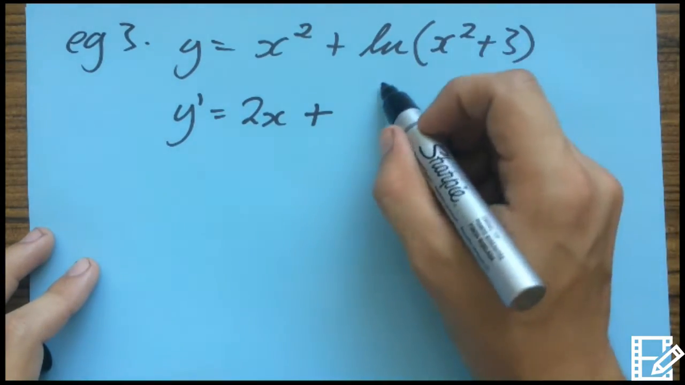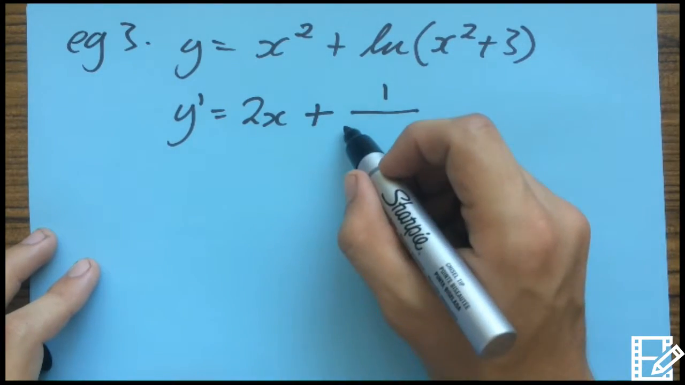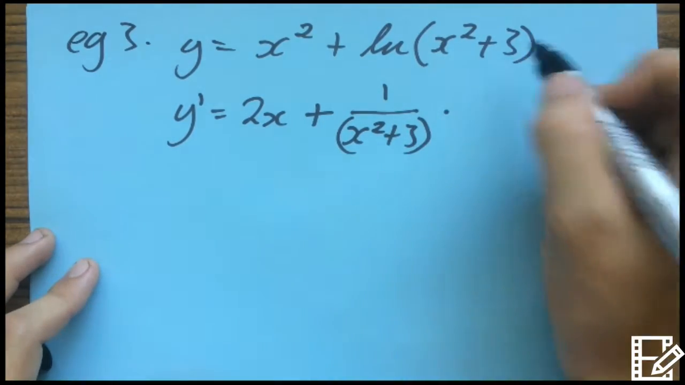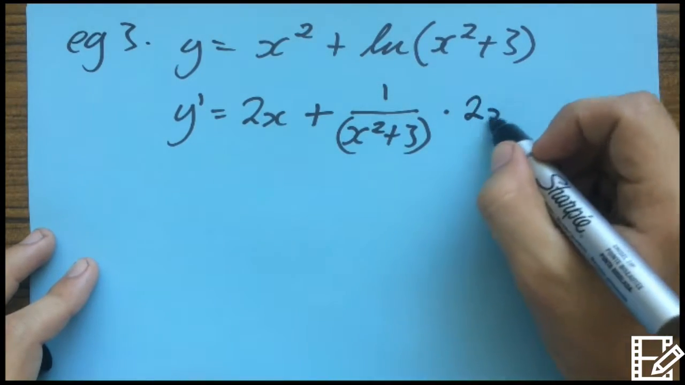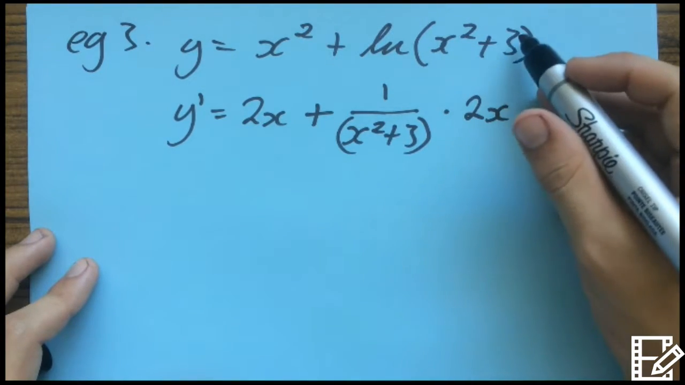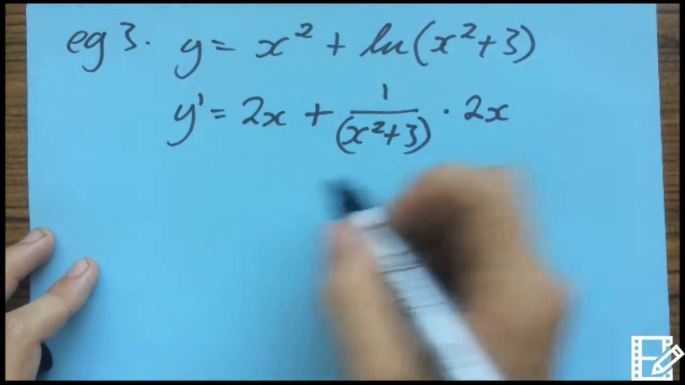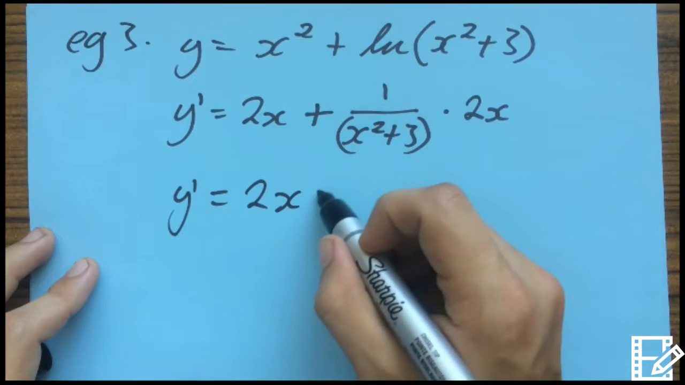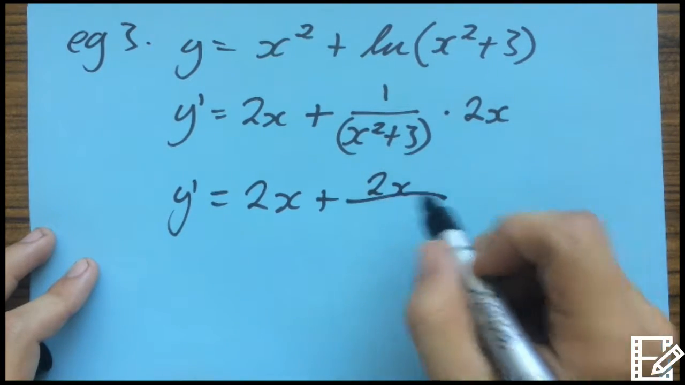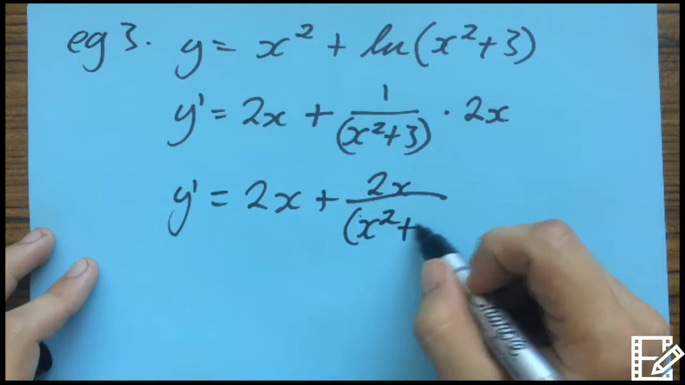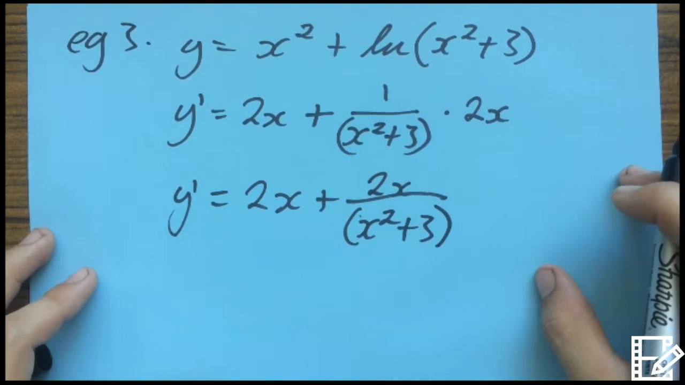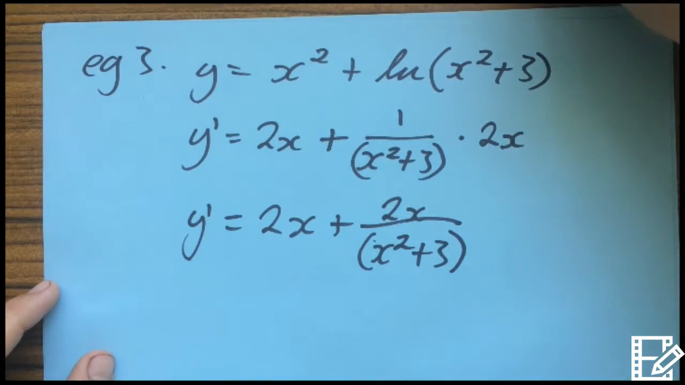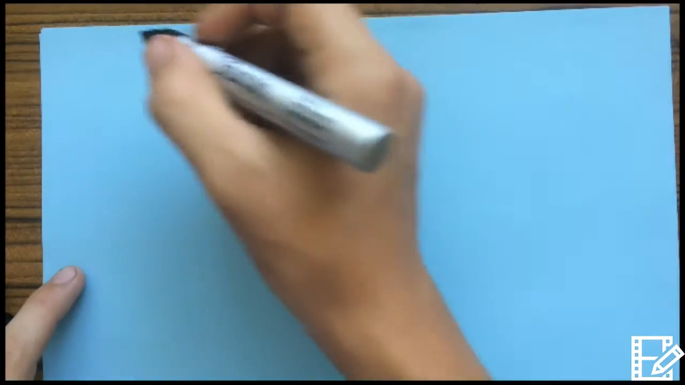The derivative of ln is 1 over whatever's in the brackets, x squared plus 3. Multiply that by the derivative of whatever's in the brackets, and you're left with 2x. And you will plus 0, but you wouldn't write that. So if we simplify this, we're left with 2x plus 2x on x squared plus 3. And for another example,